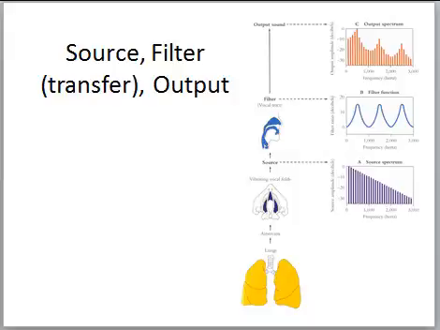So the whole purpose of this concept of filters is to apply it to the vocal tract and how we produce speech. In this theory, the vibration, like I said, of the vocal folds is the source of the sound, and the vocal tract acts as a filter. And it modifies that sound by amplifying some frequencies and attenuating others.